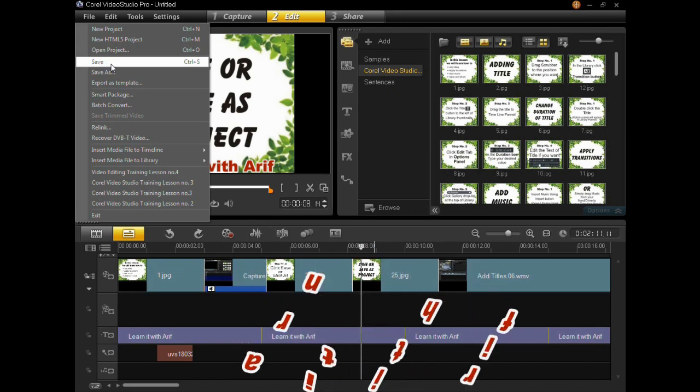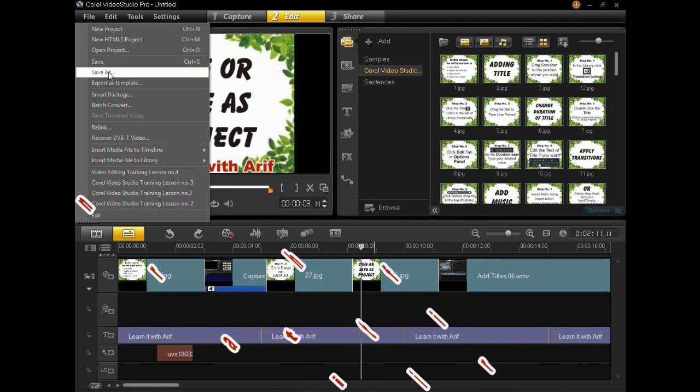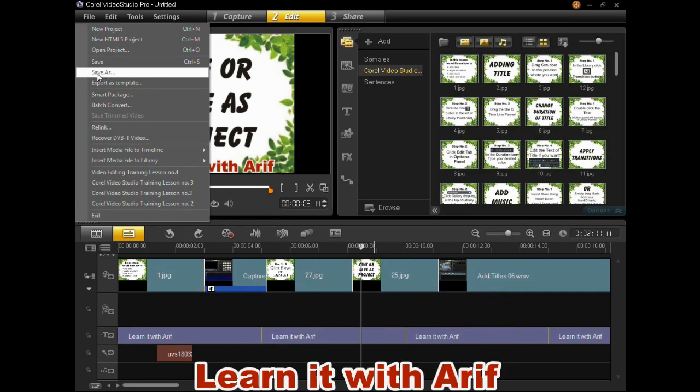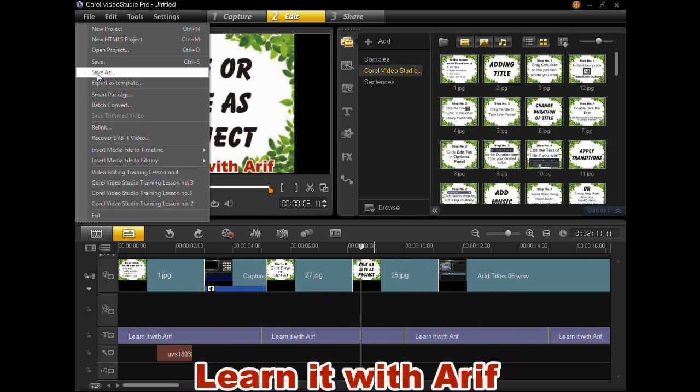If you want to save your project for the first time, click Save, and if you want to save your project as a copy, click Save As.